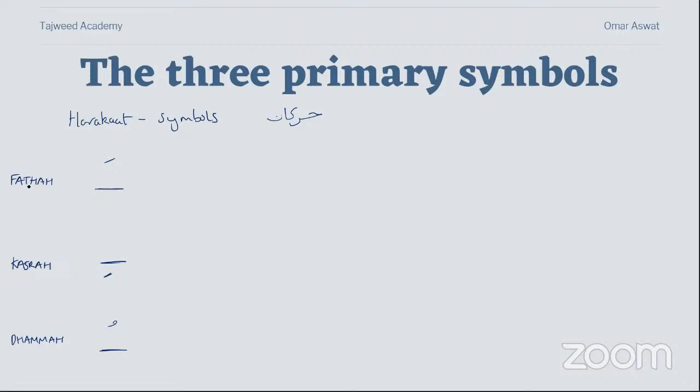But the reason why I teach with fatha, kasra, dhamma is because this terminology is universal. So if you are speaking to an Arab, for example, or anyone that's been taught by an Arab, and you start saying zabar, zir, pesh, they wouldn't know what you're talking about. So this is universal. If you tell anyone fatha, kasra, dhamma, they should technically know. And fatha is found on top of a letter, and it makes the a sound.